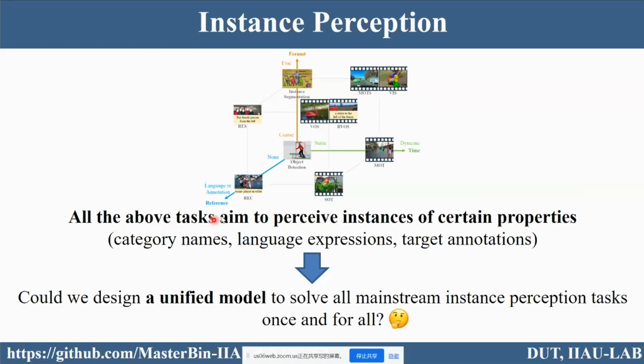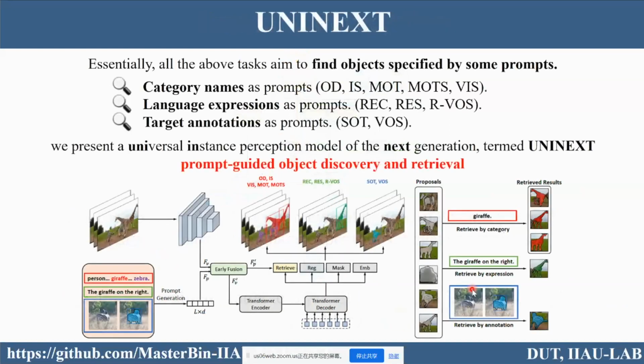We can find that all the above tasks aim to perceive instances of certain properties, for example, category names, language expressions, and target annotations. So can we design a unified model to solve all mainstream instance perception tasks once and for all? Essentially, all the above tasks aim to find objects